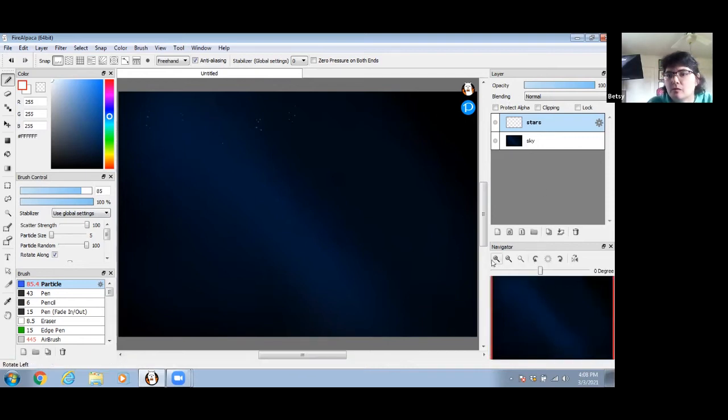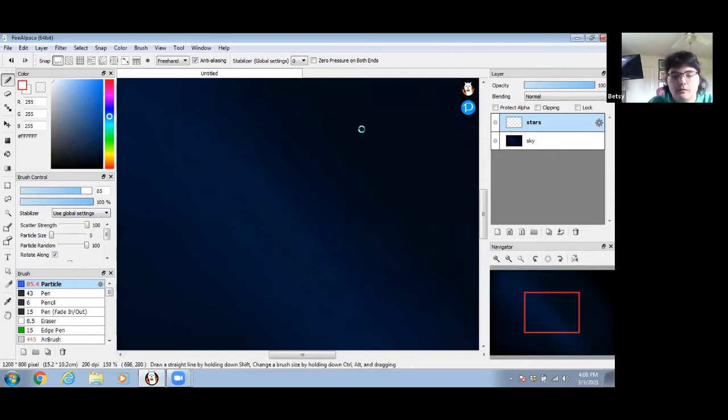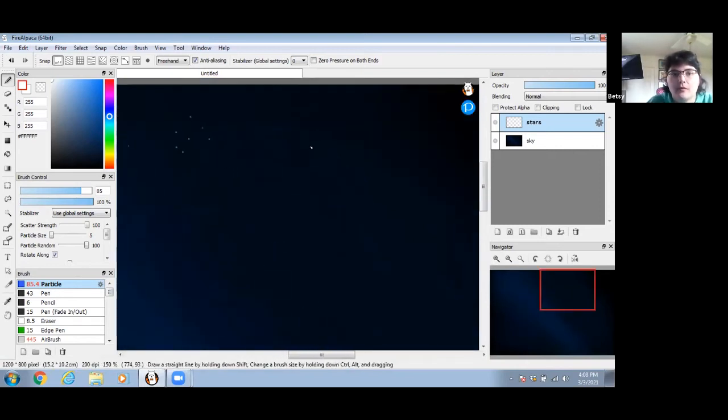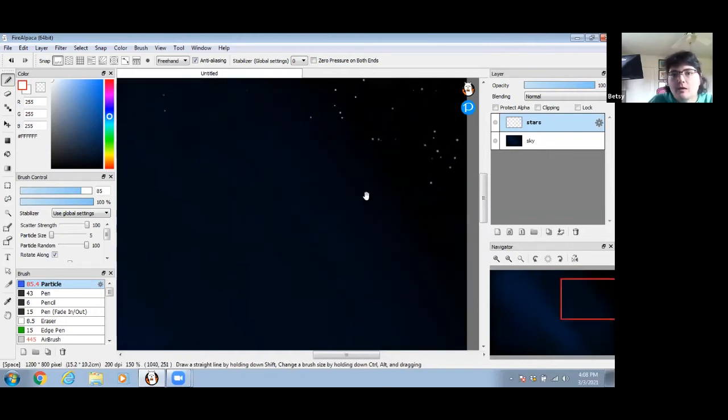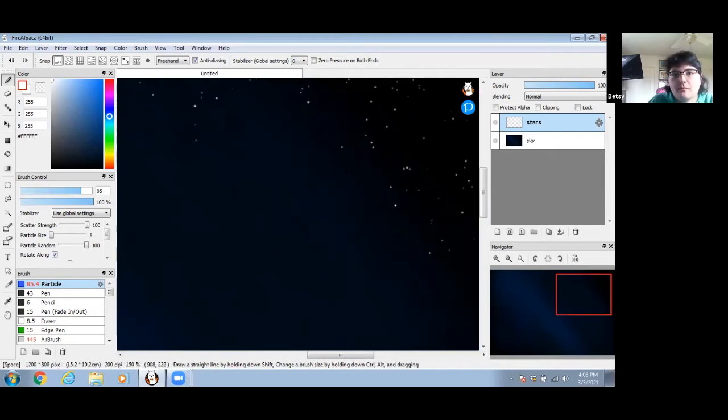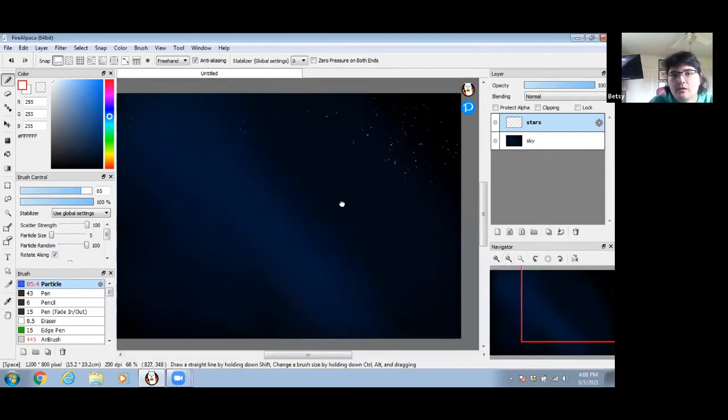I'm going to zoom in so you can see what happens a little clearer. If I press hard, I'll get more stars. If I press lightly, it hardly shows up at all. So I'm going to press rather firm and only move my pen about 2 millimeters, quarter of an inch on my tablet so that I get these little pops of stars, little sprinkles. And we could spend all day doing this all over the canvas, but another way to do it is just